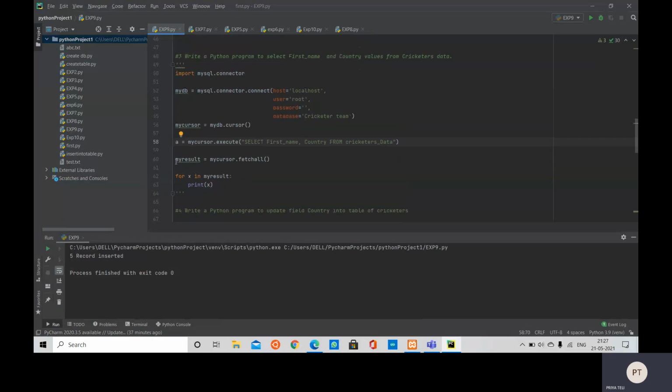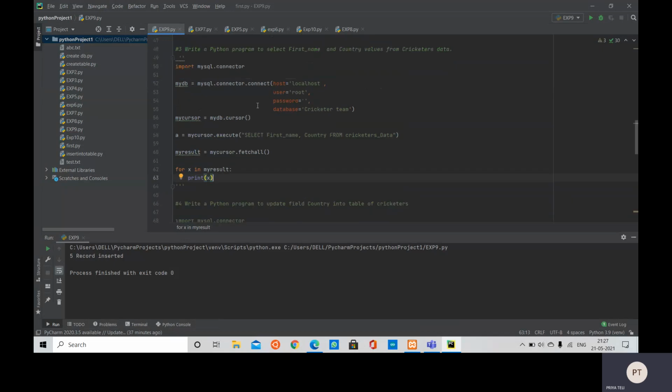Now on this myresult object we are going to use the fetchall method, so that all the data will be fetched and received in this myresult object, and we are going to print this using a for loop.